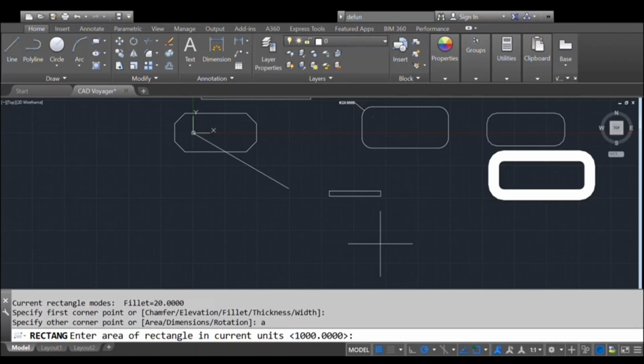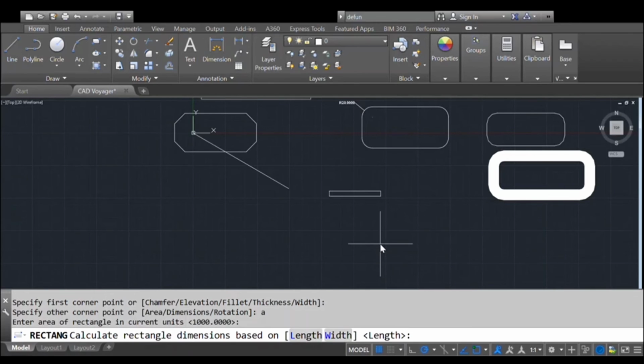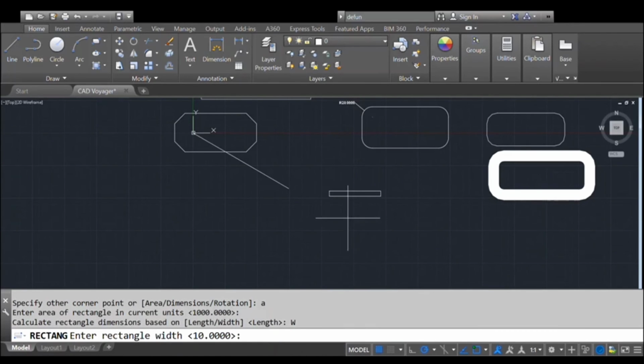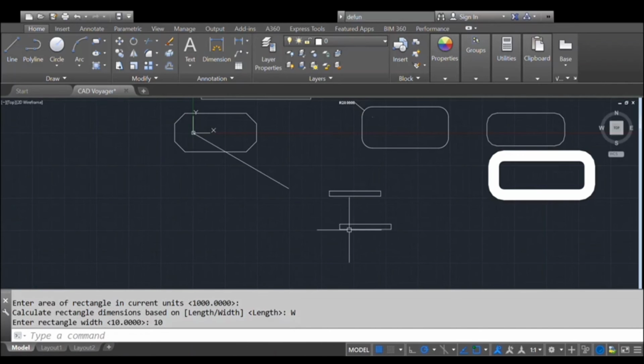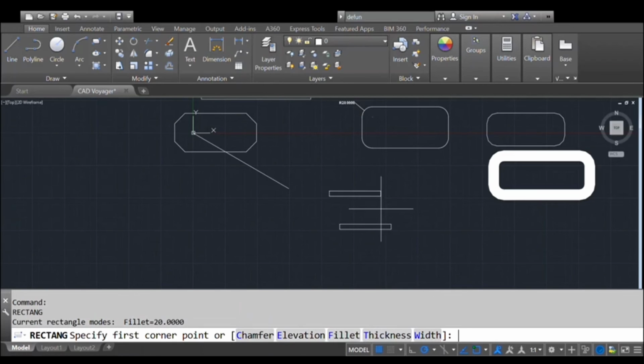If it is okay, then press enter, and it asks to calculate the rectangle dimension based on length or width. Now I am selecting width. Now it is asking to enter the rectangle width. I have entered 10 for width. Now after entering the width, a rectangle will be drawn with the specified width and the area.